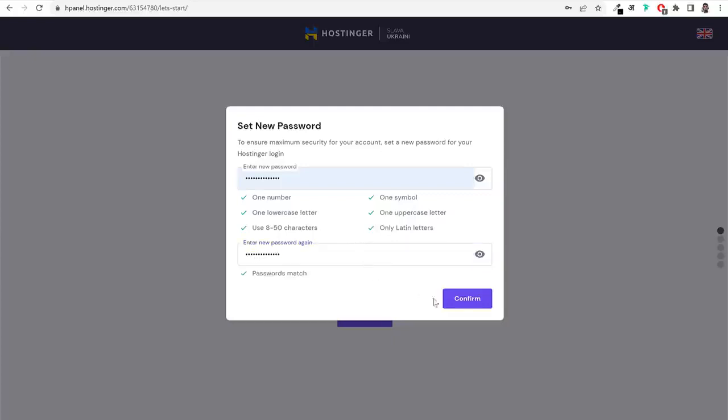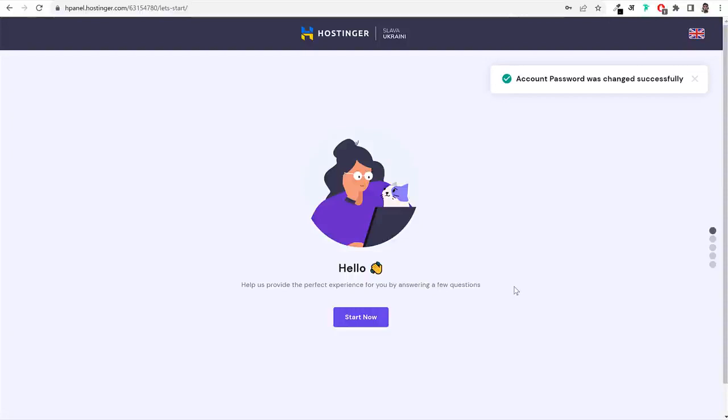Now once you enter your password and click on confirm, you'll see this page. This is the page that you'll see for the first time, your hello world, just to welcome you. Now you just have to go ahead and click on this start now button, and this will start the process. First of all, they'll ask you a few things